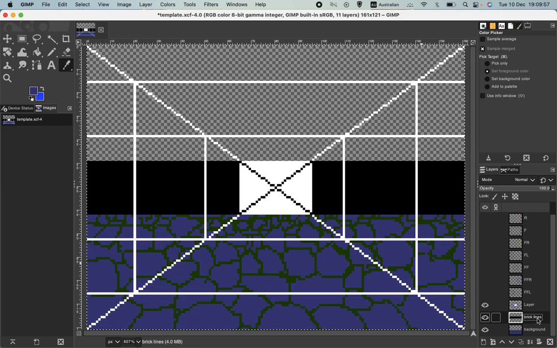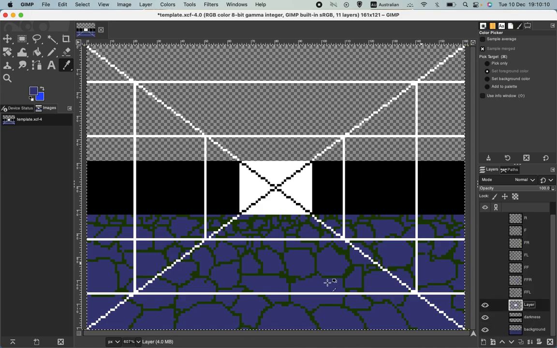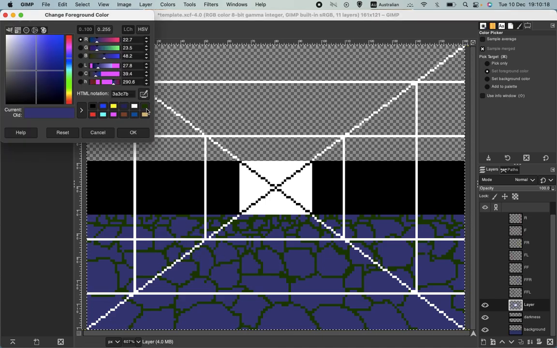The reason for that is I was going to do this in a slightly different way, and it probably should be called darkness to be more meaningful. All right, so I filled it in with that blue,